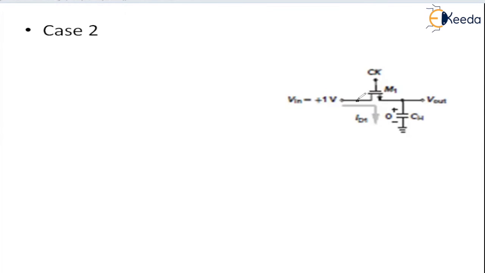In this case, the drain is this one and the source is this one, because the drain is at higher potential and the source is at lower potential, given 0 volt. The drain and gate terminals are both at VDD, at the same potential. Then this transistor is in saturation,